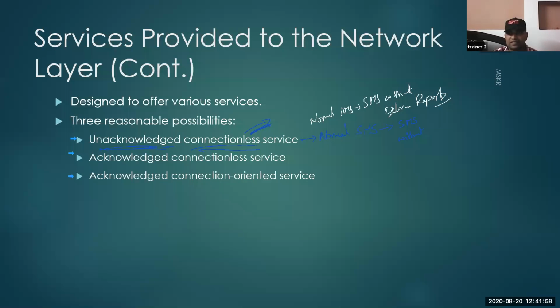So the SMS will be constructed around the message and transmitted to the receiver, and the receiver is not even going to send a delivery report to you. So there is no confirmation whether the SMS is delivered to the receiver or not. Okay, so that is a good example. Now, can anyone give me a real-time example for this acknowledged connectionless service?